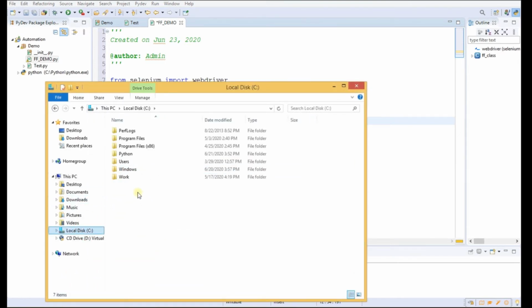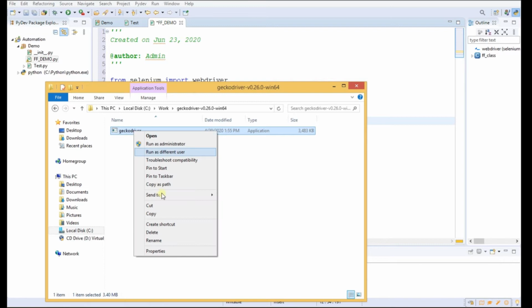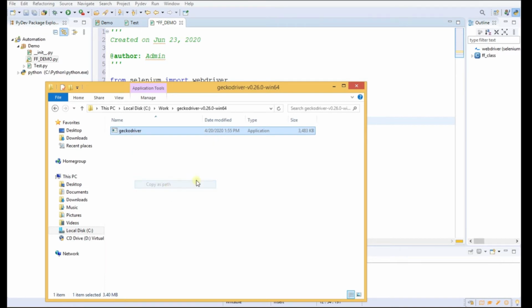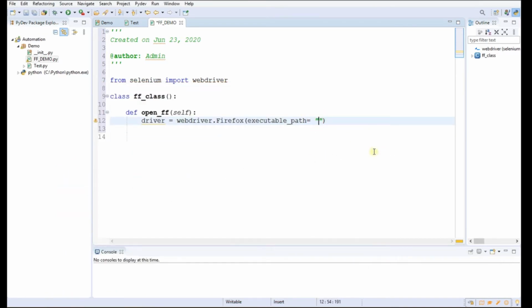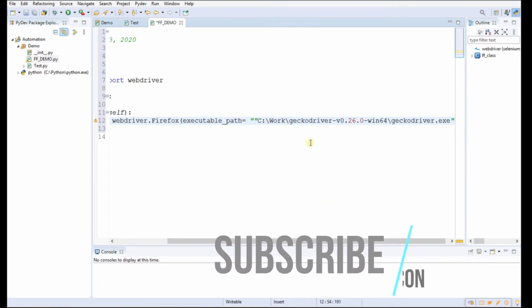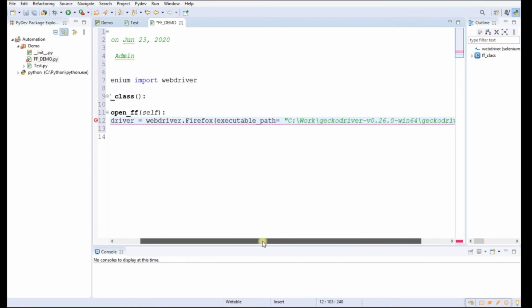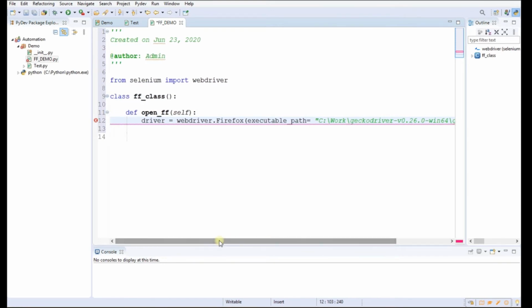I will show you from where you can download the Gecko driver. So I will copy this path and I will paste it here. Right. So now we have successfully given the path of Gecko driver to this driver.